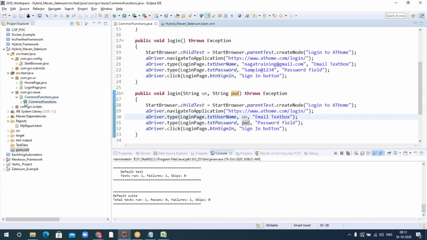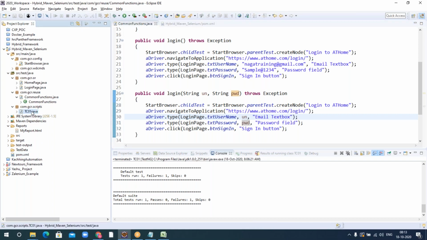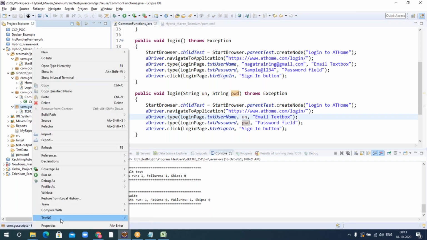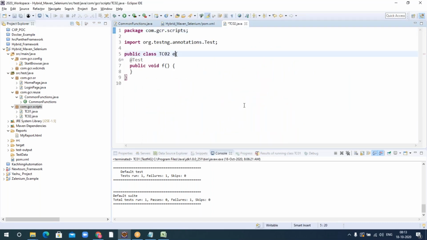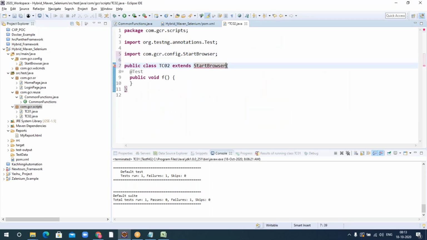I'm going to create one more test case here in the script. I'll create a new TestNG class. I'll name that test case 02. It's mandatory, extends start browser.